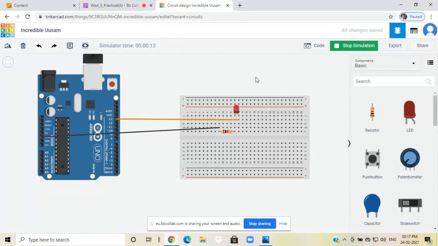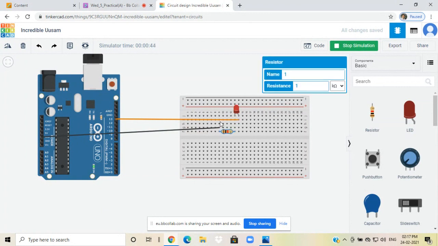Because now excess current is passing through the resistor. As you know, a resistor is the opposition to the flow of current. In this way you can improve your circuit as well. Initially I could directly connect the resistor, but I wanted to explain the use of resistor, so I connected it afterwards. Initially a message said more current was passing through the LED than desirable, so now I am connecting the resistor to this LED, and extra current will pass through this resistor.